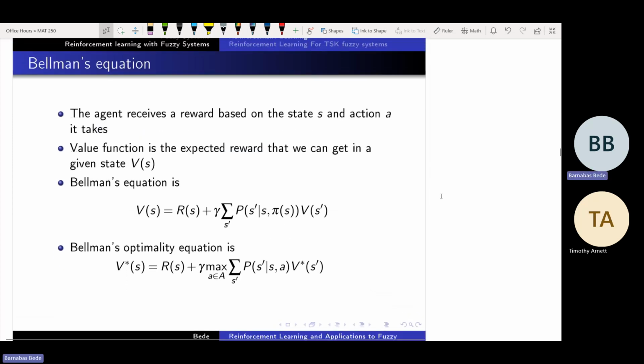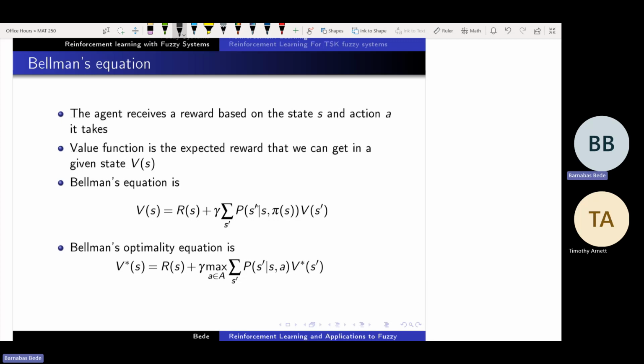So here's Bellman's equation. Bellman's equation connects all these together: reward, probabilities, and value function. And Bellman's equation is at the heart of all reinforcement learning algorithms. So the agent receives rewards taking action A in state S. V(S), the value function, can be computed by the following formula. You immediately get the reward R(S) that is in the current state, so you basically get the actual reward that is here, plus gamma, this is the discount factor, times